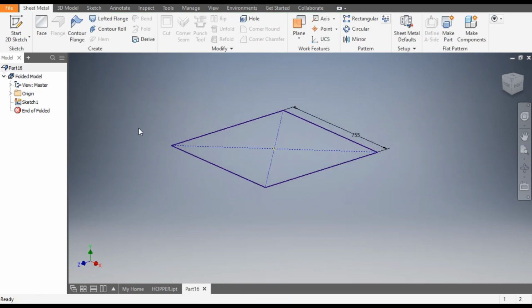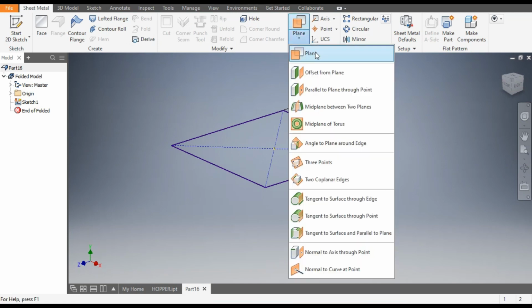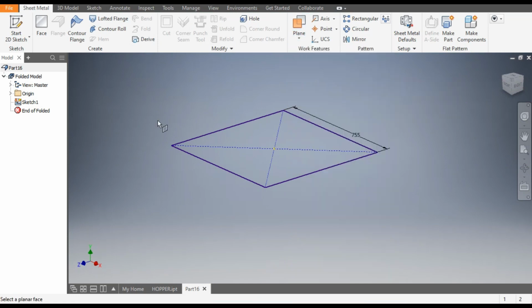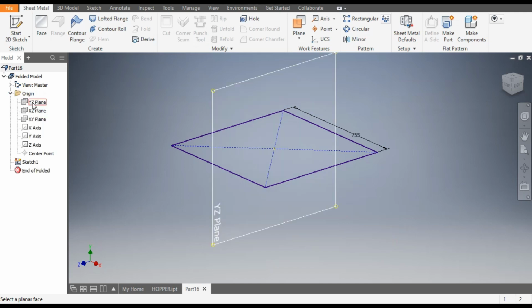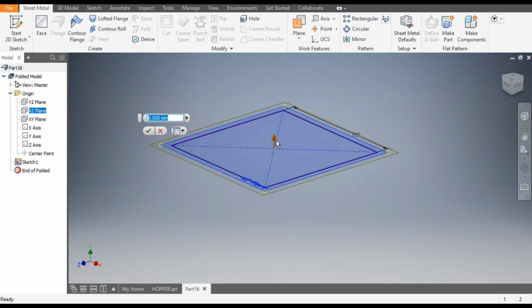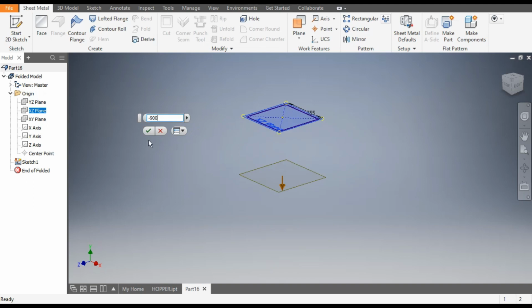Now we will construct a new plane. For new plane, from here go to offset from plane, open the origin and select the exit plane. Now its direction is going upwards. We need a plane down, so give dimension in minus 900. Okay, and okay. Now select this plane and go to create sketch,